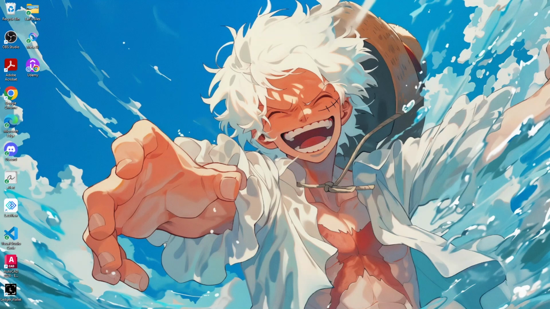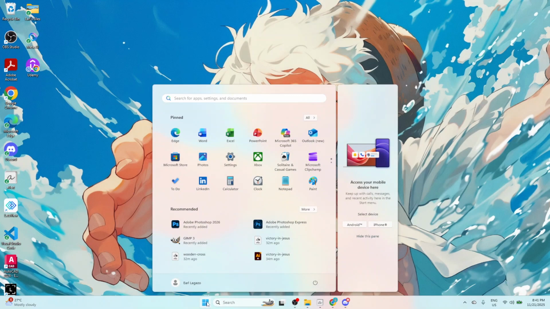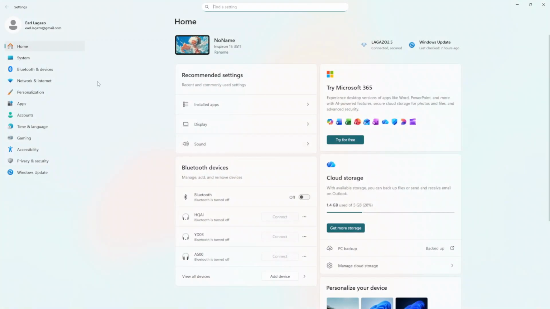First, we're going to address something called the nightlight feature. This is often the culprit of an unwanted yellowish hue on your screen. Begin by clicking on the Start button, which you'll typically find on the bottom left of your screen. Once you've done that, head over to the Settings menu. Within this menu, you should see an option labeled System. Go ahead and click on that. From here, navigate to Display.